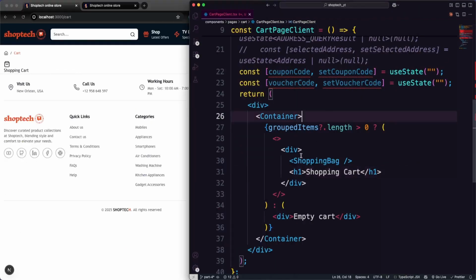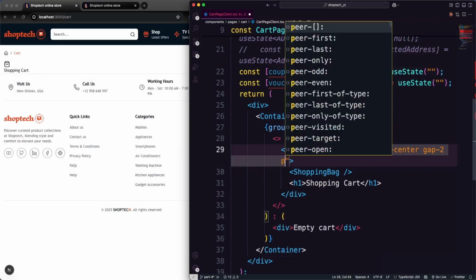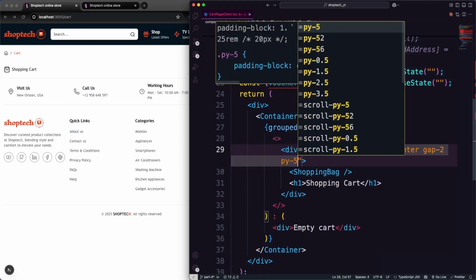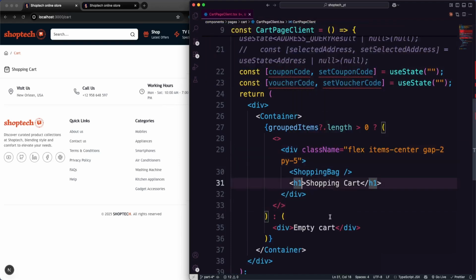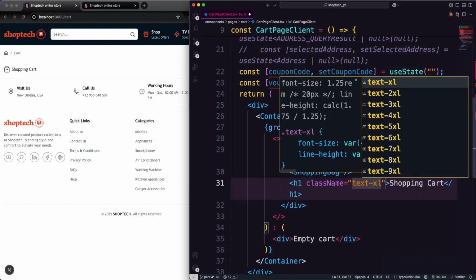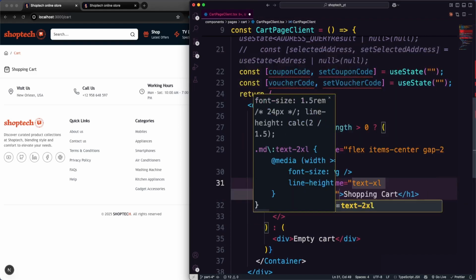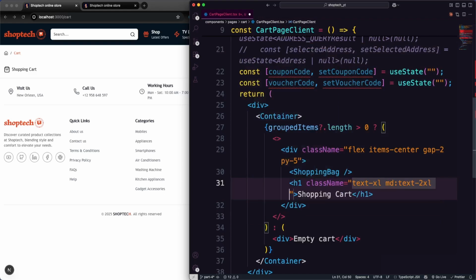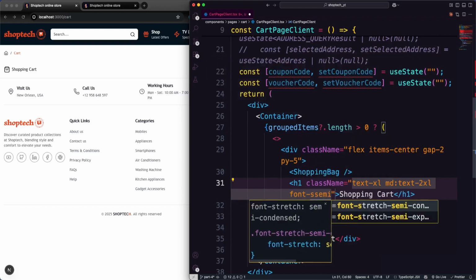Now let's put a class name: flex, items should be center, gap should be 2, and padding y should be 5. That's it. And over here for that one, put a class name: text should be large, and md text should be 2xl, not large, the xl text. And font should be, let's say, semi-bold,